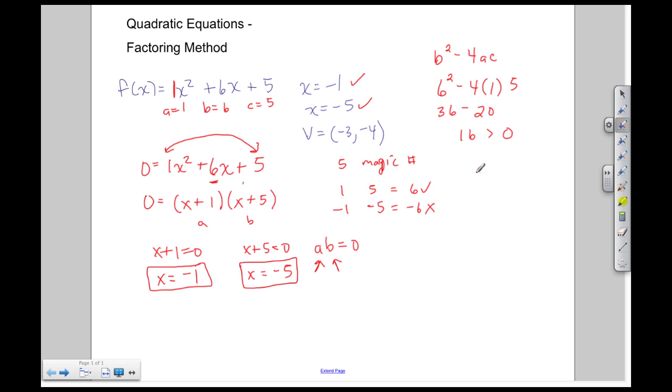Whenever the discriminant is greater than 0, that means that we have two real roots, and again, that's been proven because those roots here are -5 and -1. That sums it up for this video by Speller Tutorial Services, using both the factoring method and the graphing method to solve a quadratic equation.